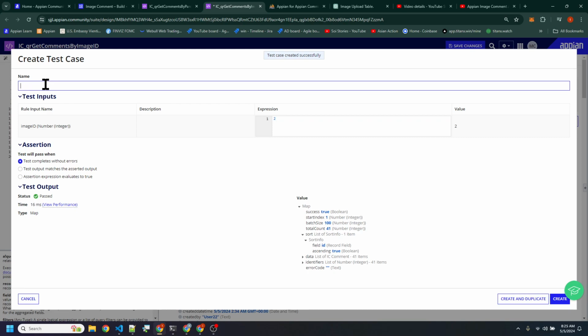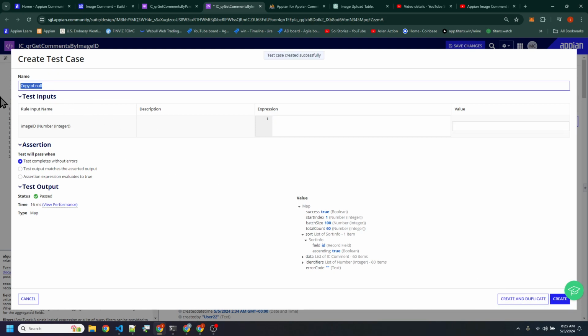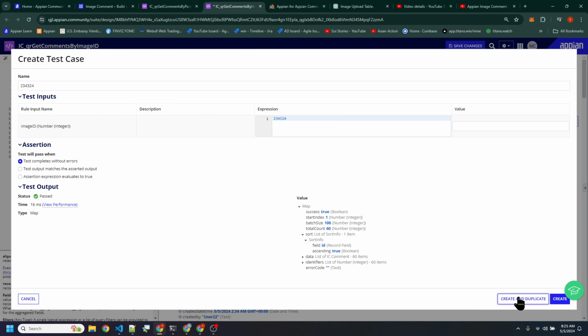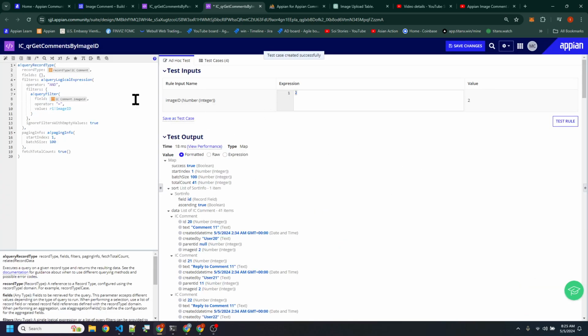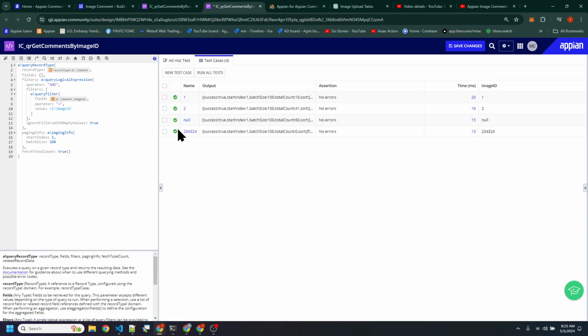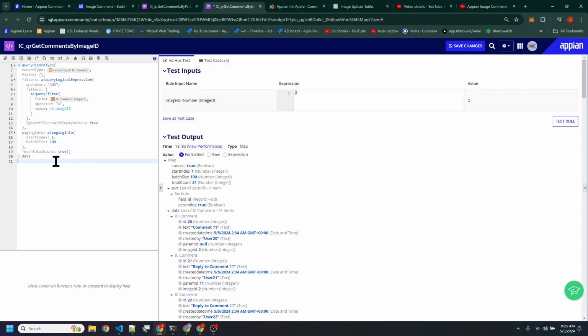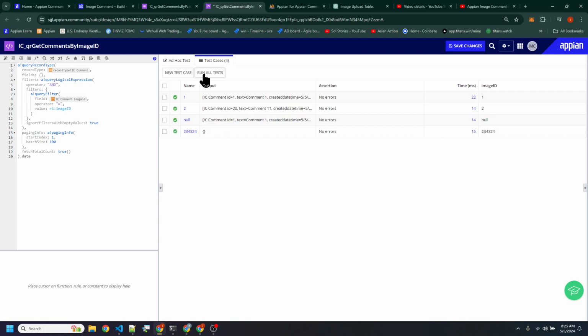Null means that you did not enter anything into this field, so let's leave it blank and create duplicate. And what if we want to create something beyond our numbers here? We do that and create. Now you've got four test cases here. Click on it, go to run all tests, and everything checks out. Go back to ad hoc. Really, you want to pull data from data instead. So you go back to the test cases and run all tests again. Everything should appear to be passing.